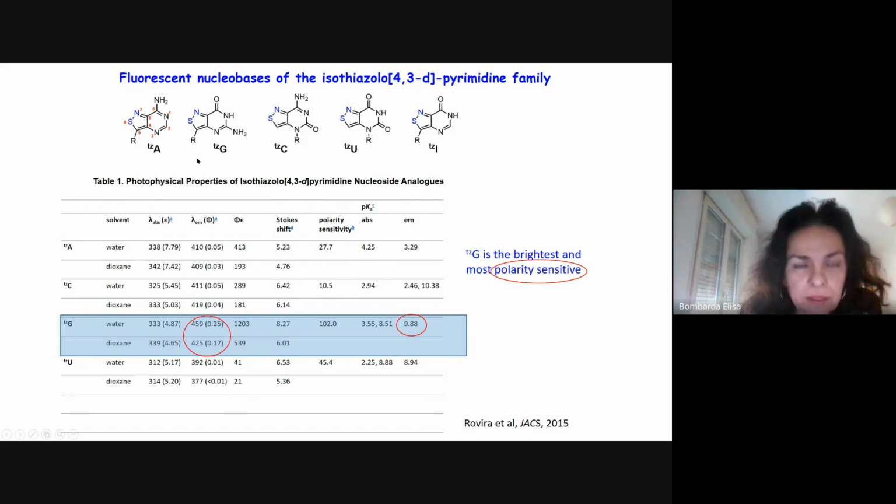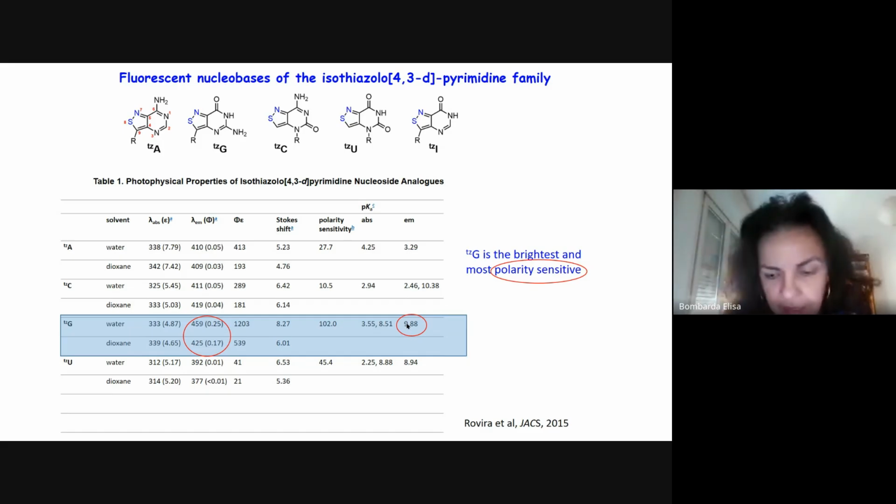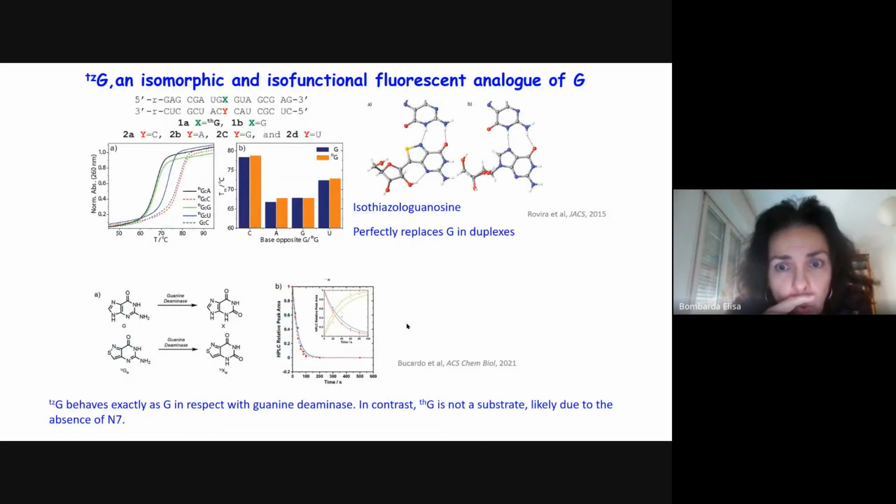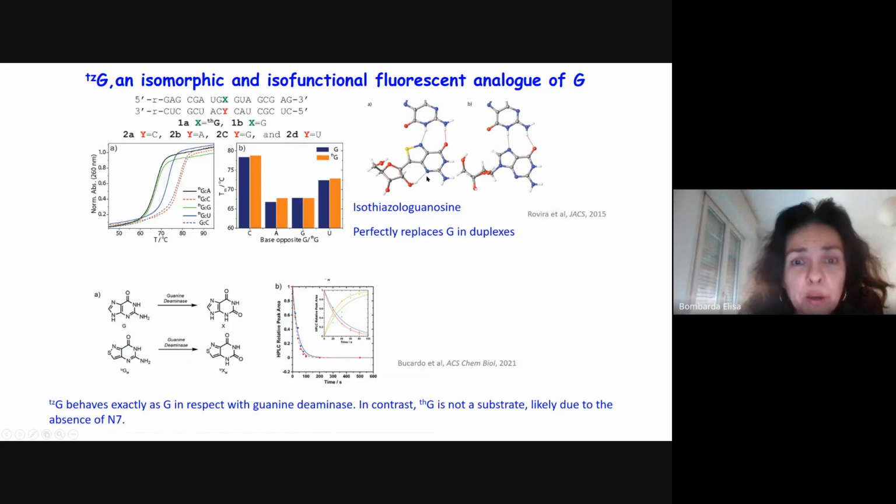The truly isomorphic ones are those of adenine and guanine, but the guanine analog is the best because it's the brightest, and it is also more sensitive to polarity, and it is the probe that we are characterizing at the moment in the lab. So it perfectly replaces guanine,